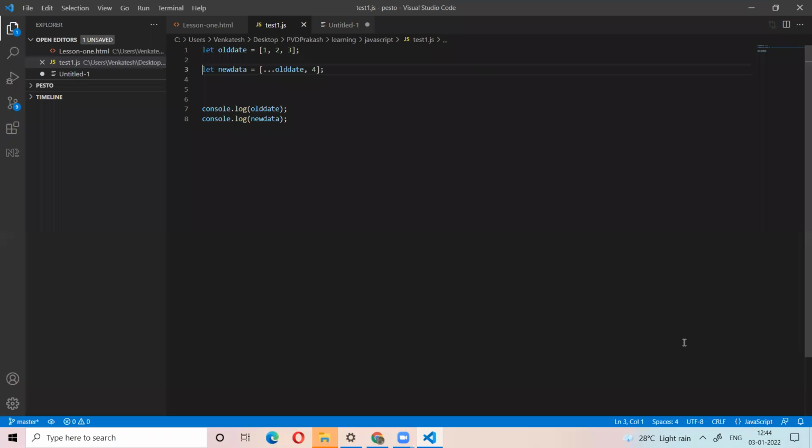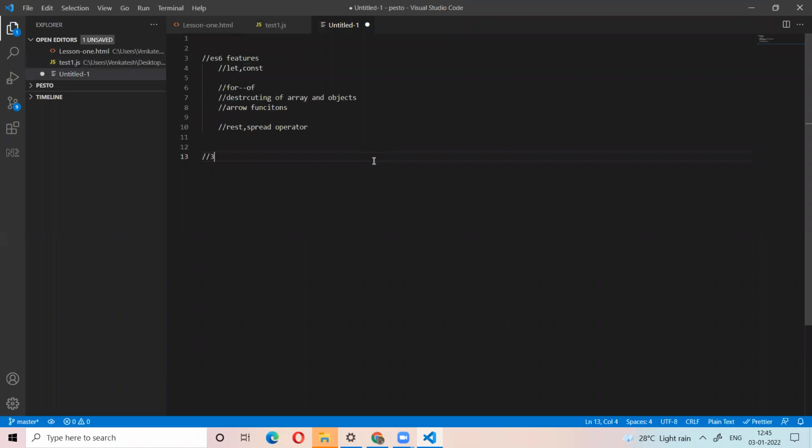I will cover that in the next class. There are 2 to 3 classes remaining. One class will be for applying JavaScript to DOM elements in the HTML.